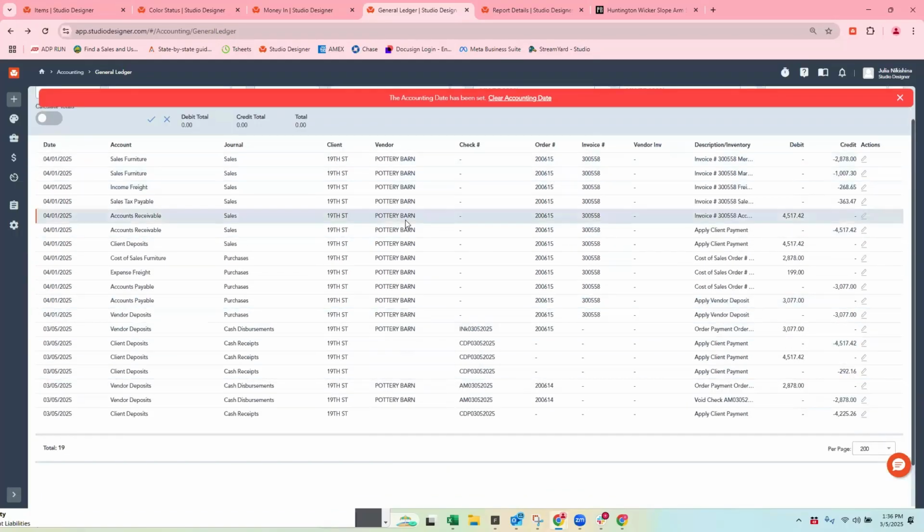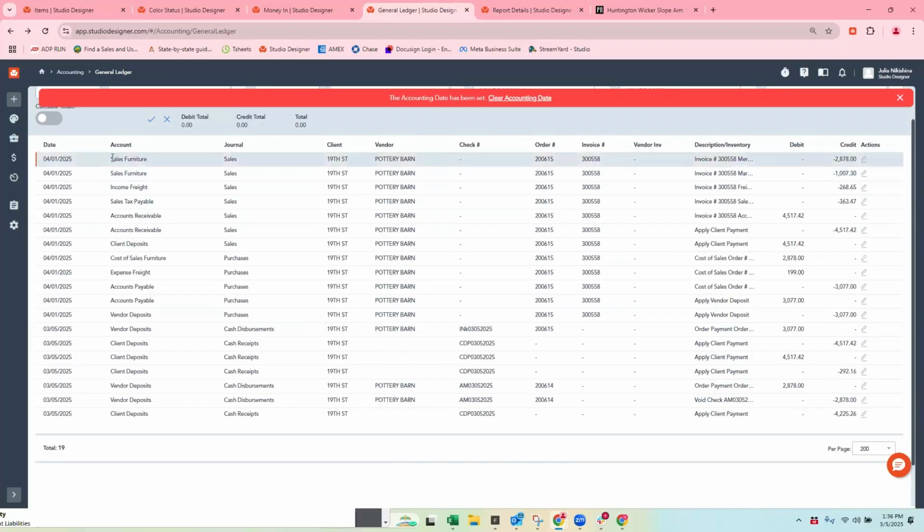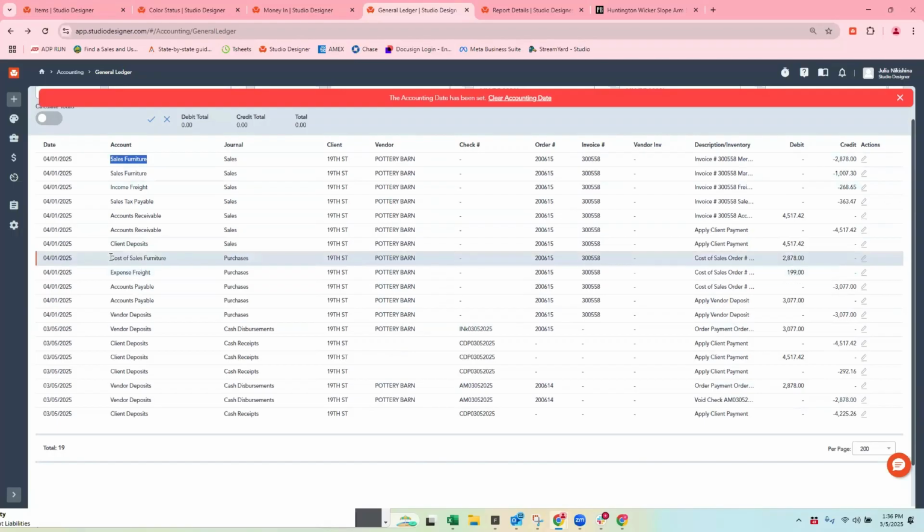So look at all of these entries that occurred when I invoiced, and it's doing everything correctly. It's recognizing everything from an accrual standpoint, and it's recognizing the income and the cost at the same time, which is one of the things that, for example, an Intuit QuickBooks will never be able to do for you because of timing, right?